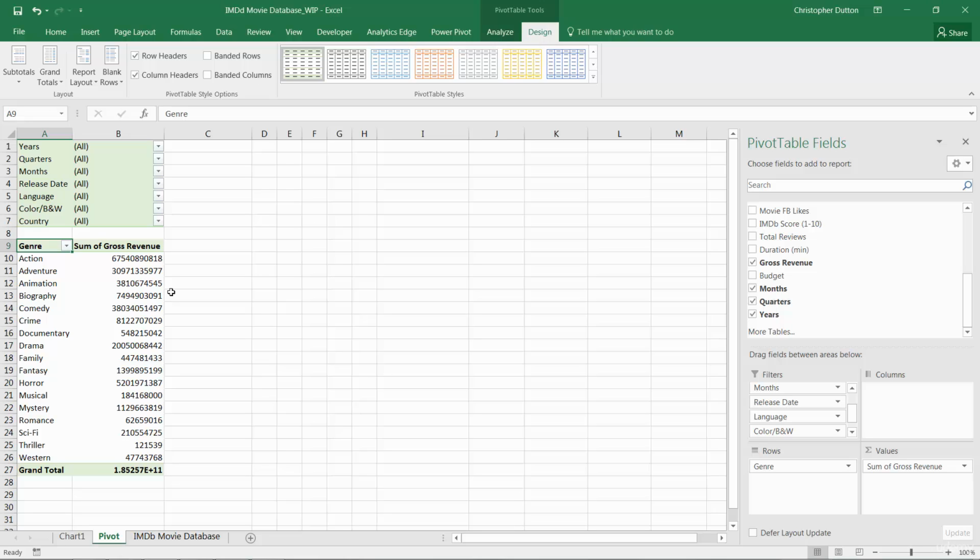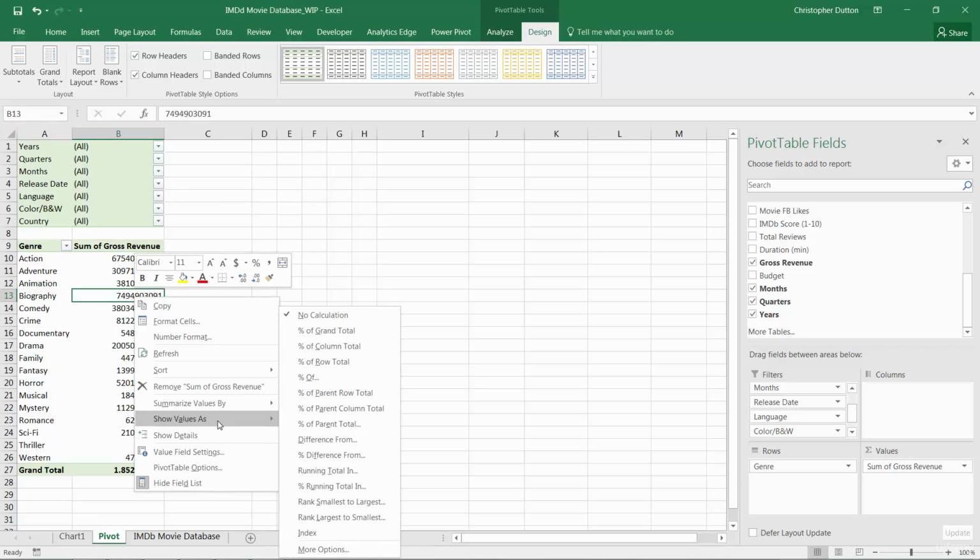But let's say someone asks, all right, what share of total revenues were driven by comedy films versus documentary films? I could certainly make those calculations by dividing the revenue numbers into the grand total, but that's an extra step and it's manual, and I would love a way to automate that or to skip that manual step. So what I could do here is right-click the values, go into Show Values As,